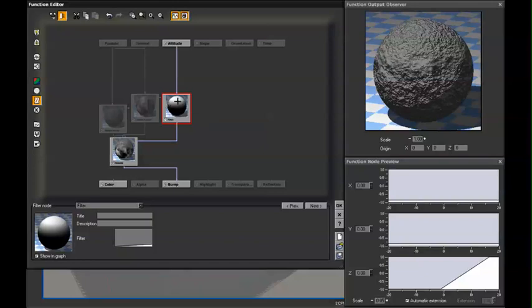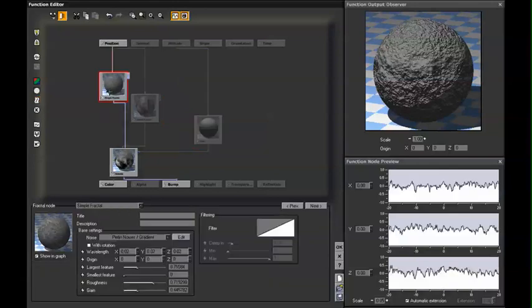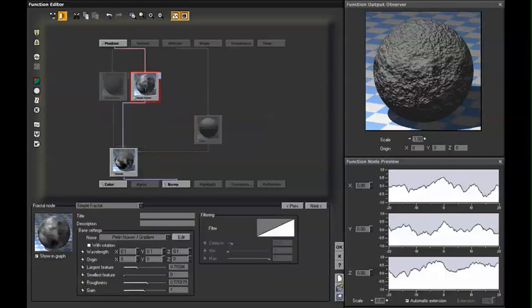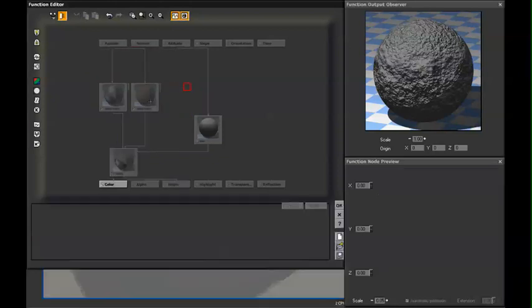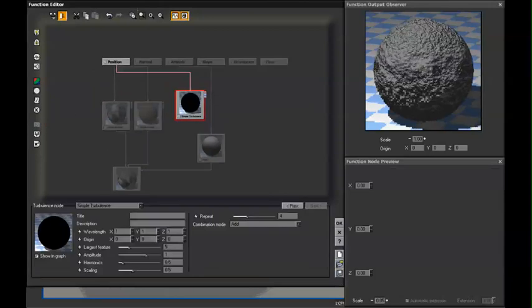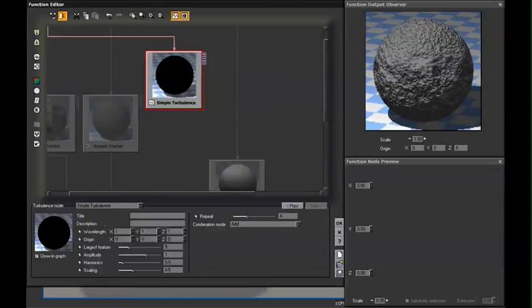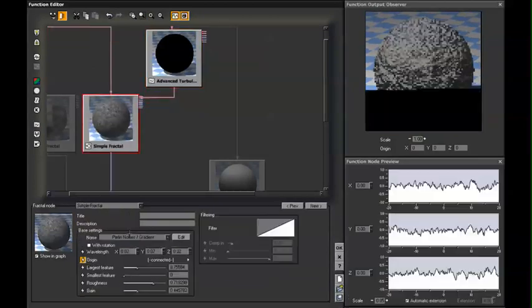And if we want to change that just a little bit more, so it looks a little bit different, I'm going to take our second input, which is the one with the tighter grain, and add in a turbulence node to that, using the advanced turbulence so that we have the vortices, and connect that to the origin,